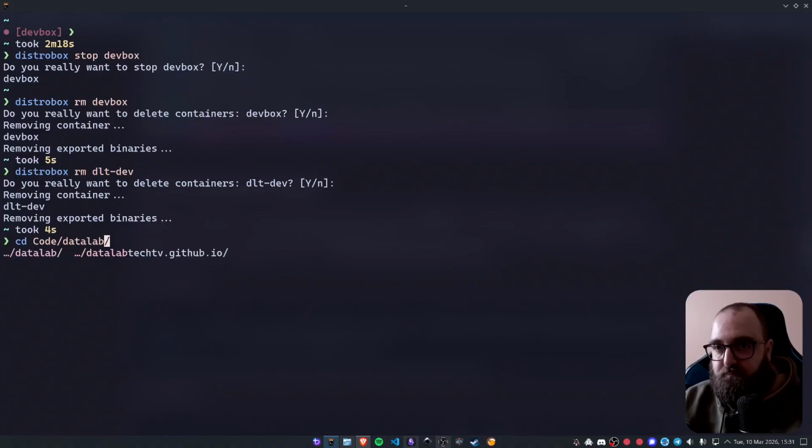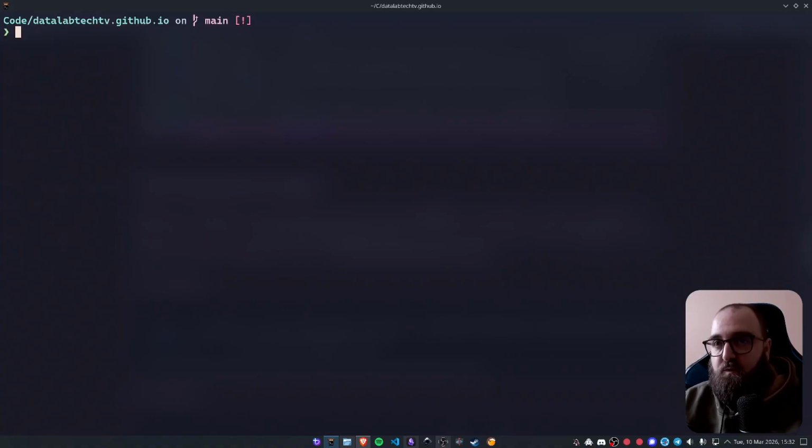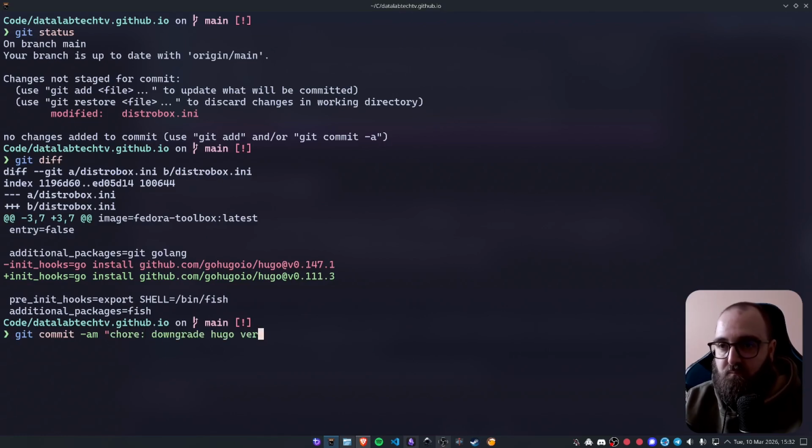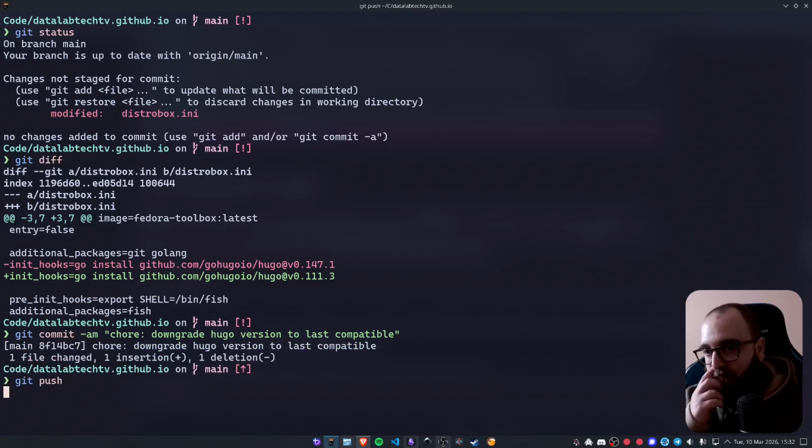So this is the source code from my website. As you can see, I just changed this version. Now let's actually commit this. Okay,